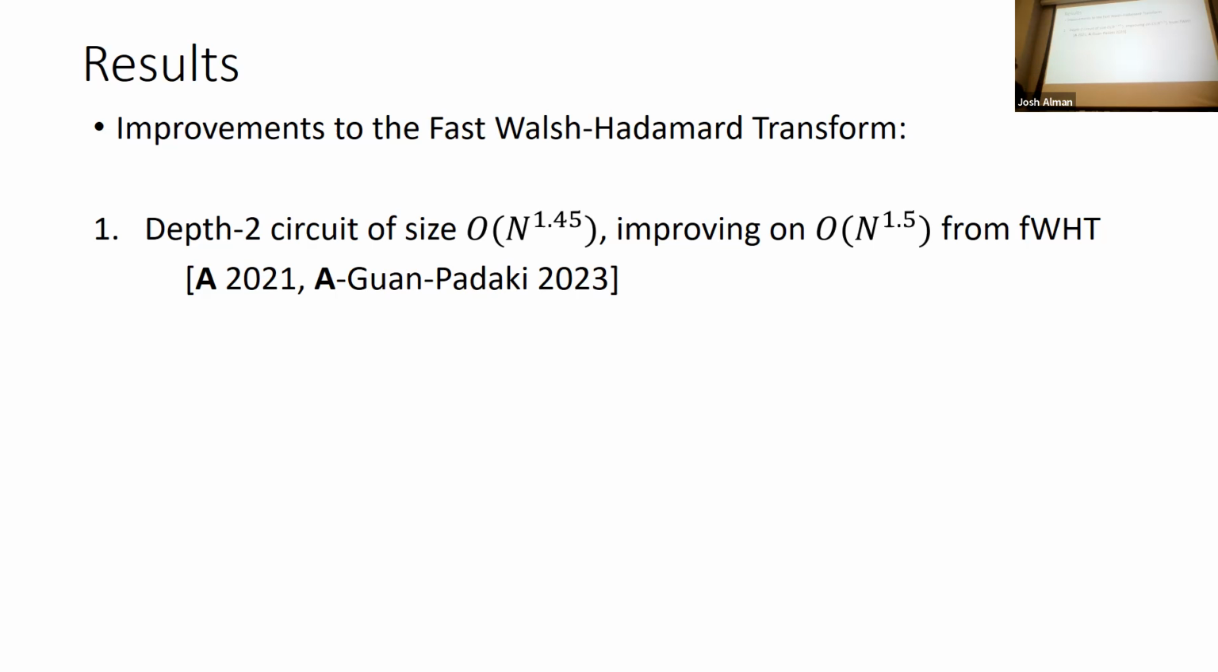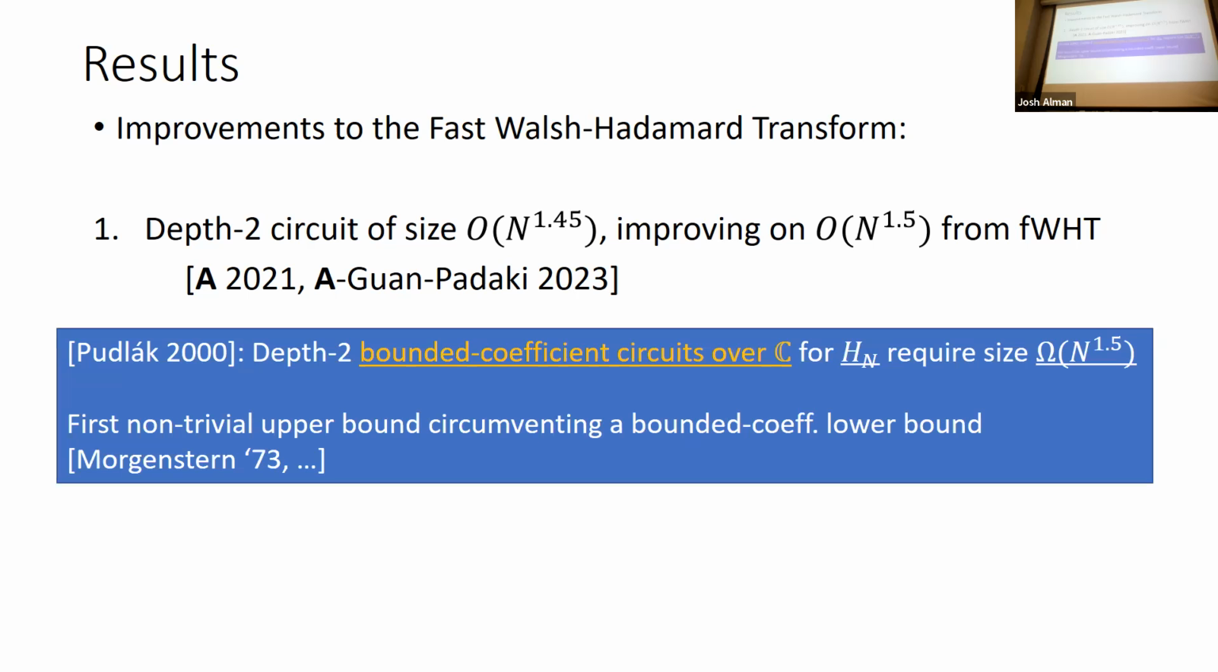Okay, so this is an improvement. Let me mention one particular reason I think this is interesting. This actually overcomes a barrier to trying to design better algorithms for the Walsh-Hadamard transform. There's a result by Pudlak from 2000, who showed that if you restrict yourself to working with a special kind of circuit called a bounded coefficient circuit, that I'll define in a second, it's actually impossible to beat size n